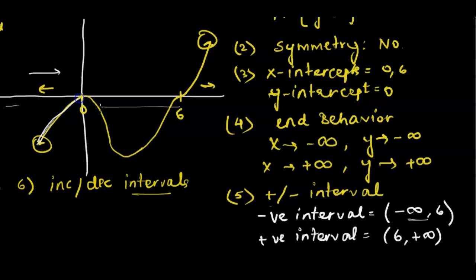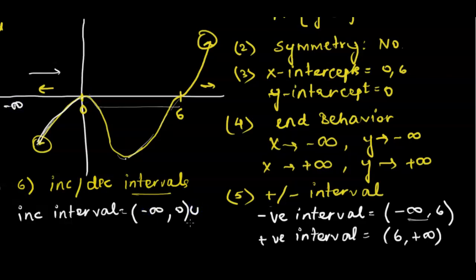This is all increasing. Then it turns around and starts decreasing up till here, then it starts increasing afterwards. This squiggle does not mean it's turning around, so it's all the way increasing up, up, up. Therefore, this graph is going to have an increasing interval from negative infinity to 0, and is written with a